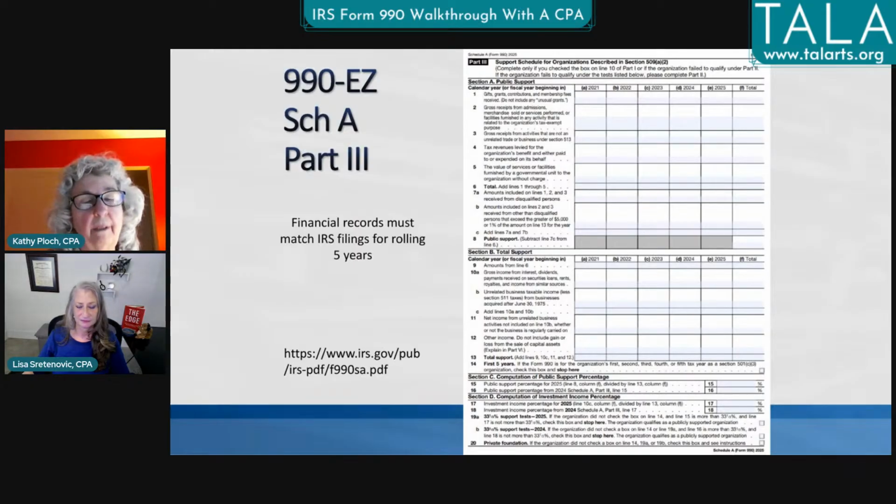And in my 20-some odd years of doing this with nonprofits, I've actually had the opposite, where people's percentage got messed up because they got a huge donation that they weren't expecting. And that messed up their percentage. And if you go below that, if you get down to 10%, or if you get over that, there are special things that you can do to let the IRS know why.